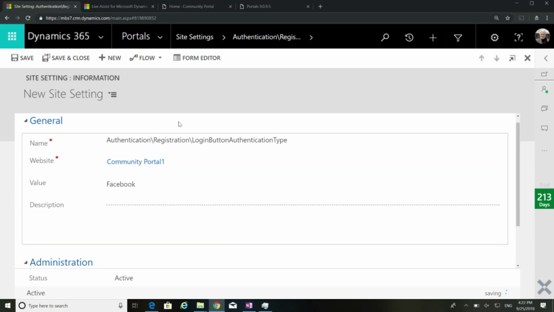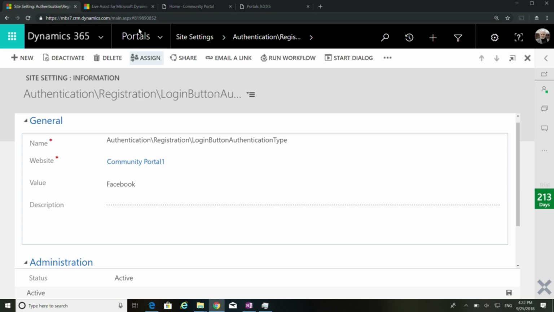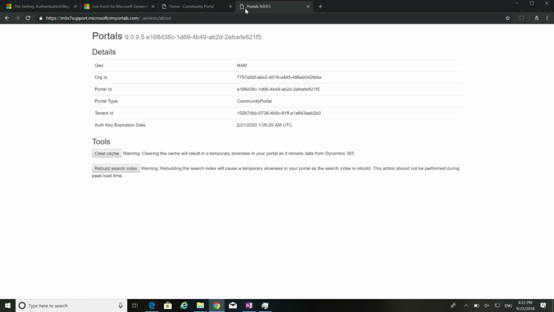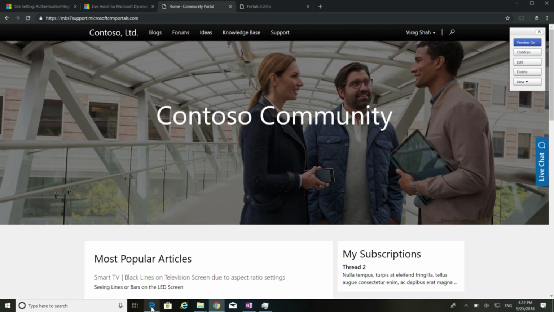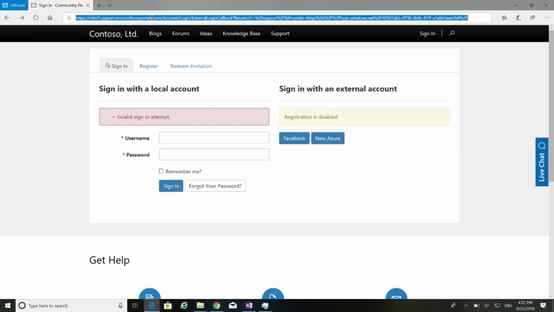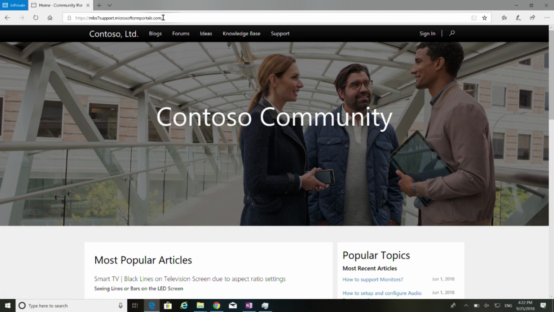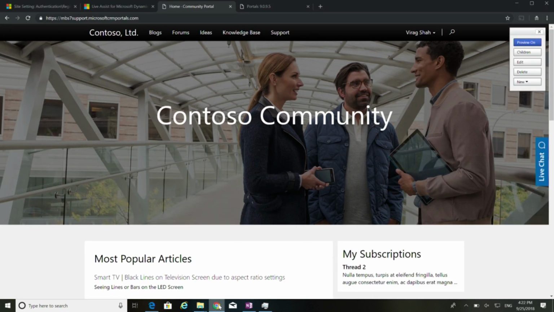What this site setting is doing is making a default login provider for my portal. I just did Facebook for now because that's easier to type in. And I'm going to go back to my portal here. Oops, there's a typo.